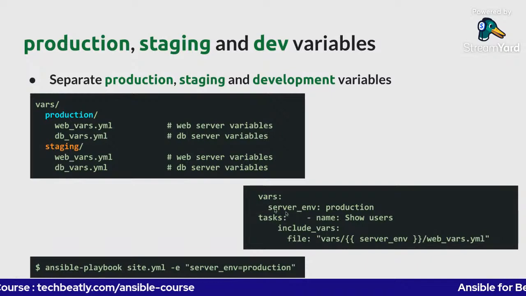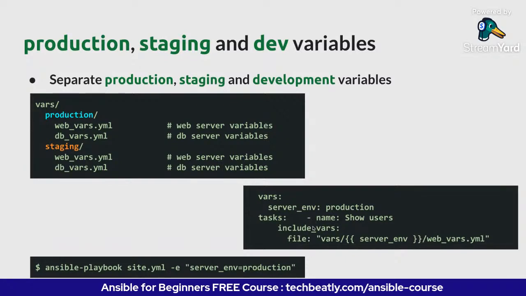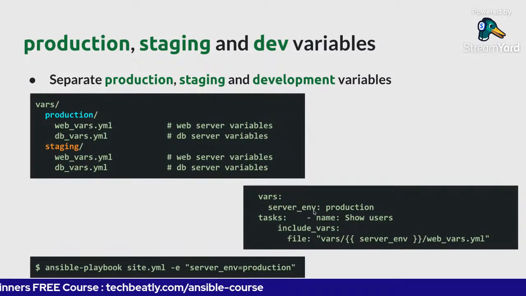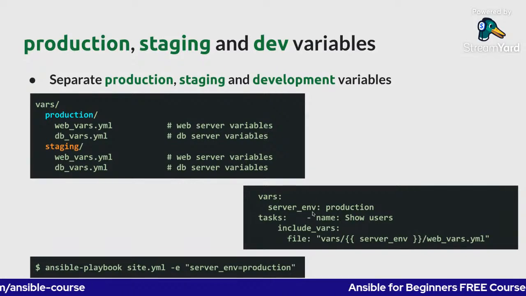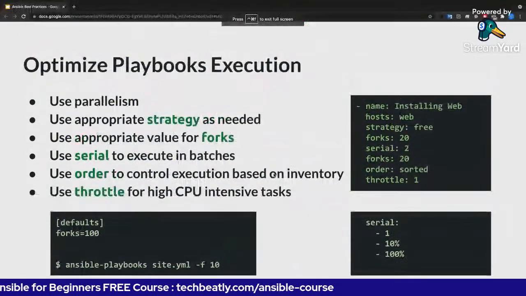So this is my playbook. Sorry for the typo, there is something I have to put in the next line. That's my mistake. So this is a server environment. I put it in the Ansible playbook as production. So this playbook is using a server environment variable, and the value is production. And inside the include vars, I'm using maybe I